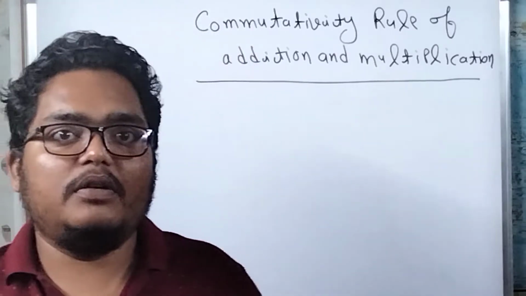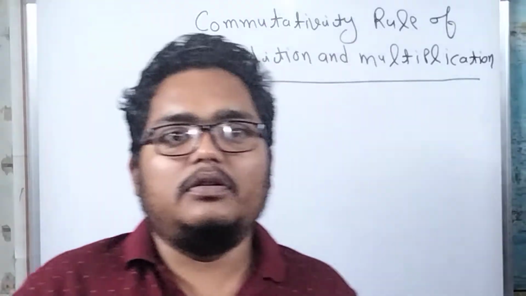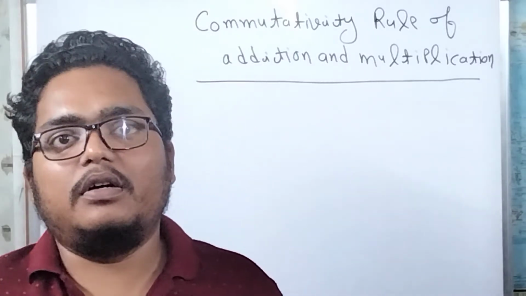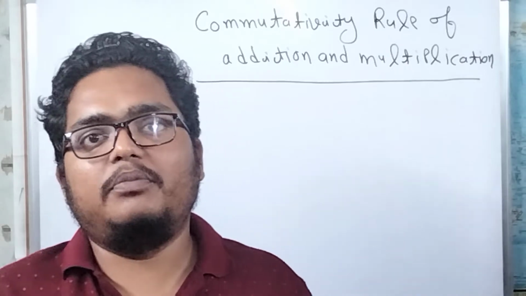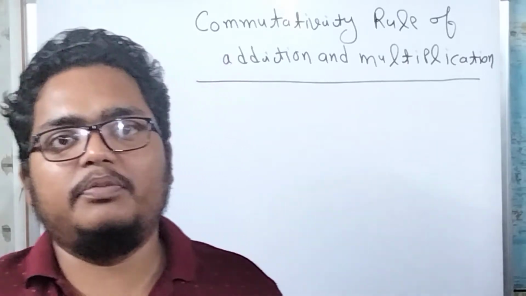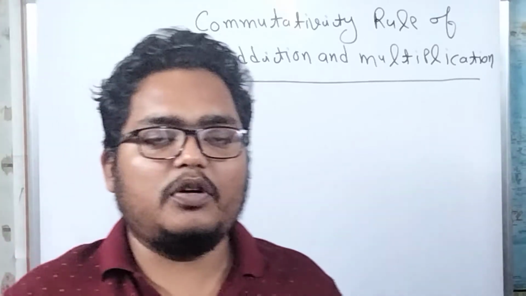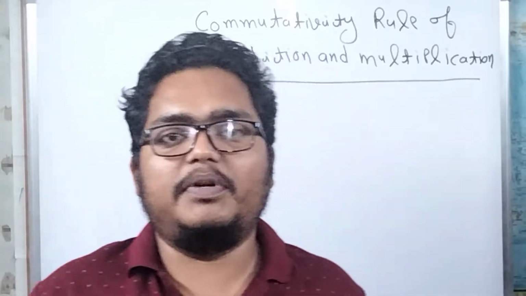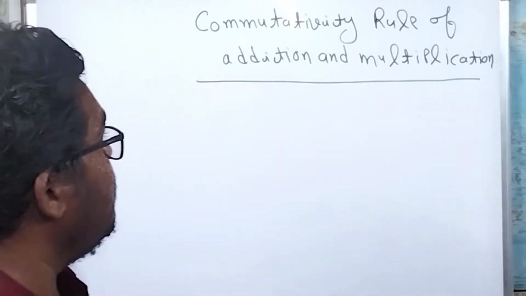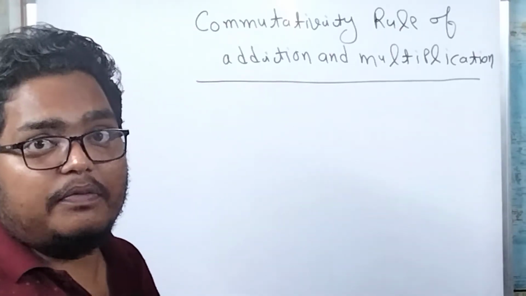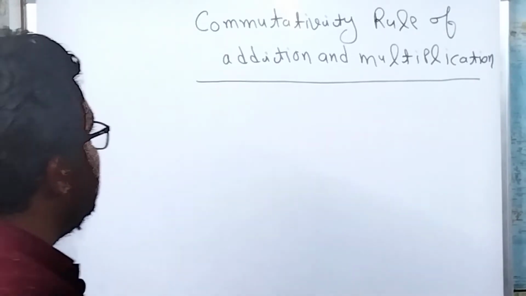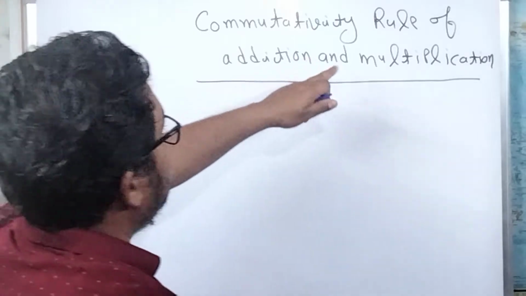Friends, today my class 4 is coming, and in the previous topic I taught the topic Roman number and whole number. Today my mathematics topic is the next topic: commutativity rules of multiplication and addition. In this section we see whether the commutativity rule is followed or not. Here we see the commutativity rule of addition.